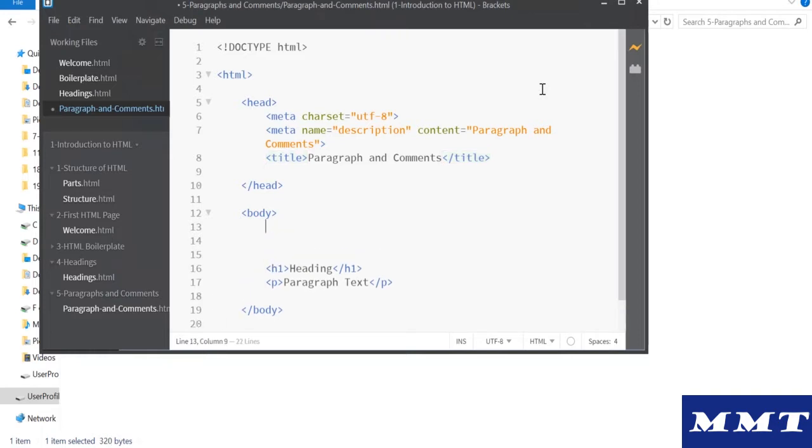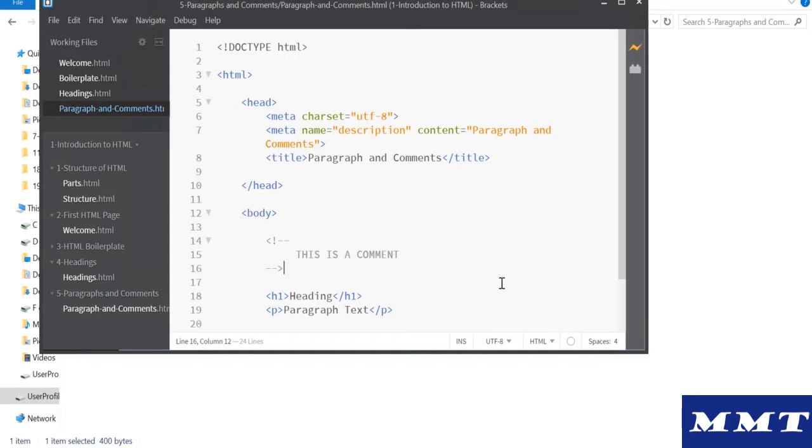Alright, so first we will learn how to write comments in HTML. Comments are text that is not displayed on the browser. So how do you write it? You write less than symbol, exclamation mark, dash dash, then dash dash, greater than symbol. So whatever you write inside this is a comment. This will not be printed as an output, but this text is visible on the browser.